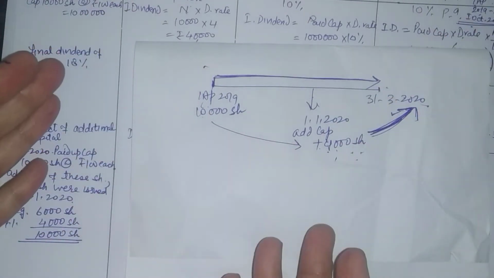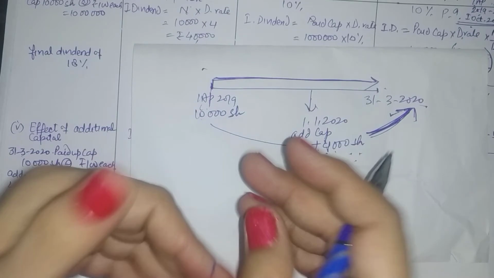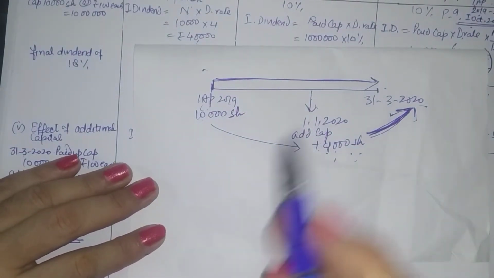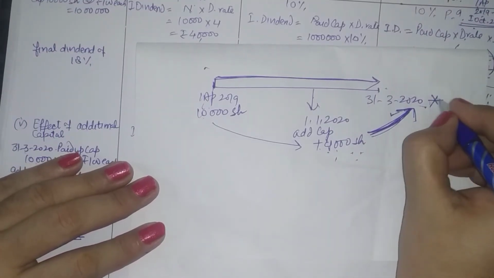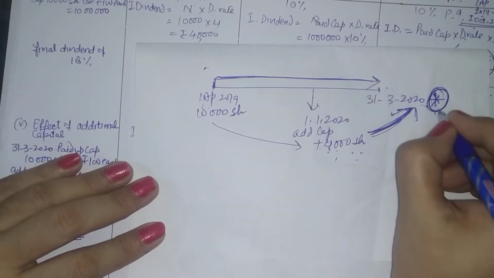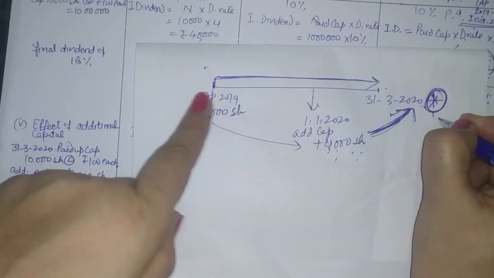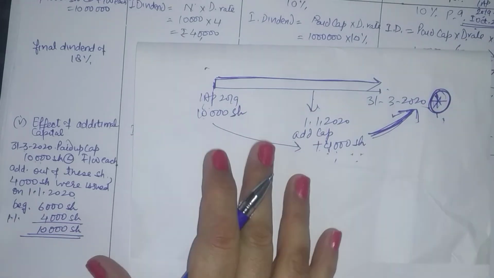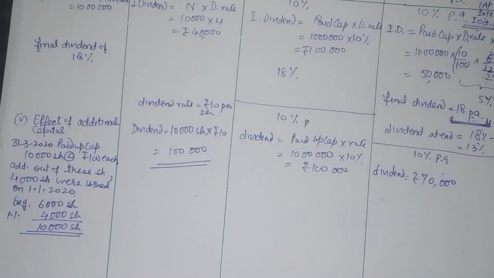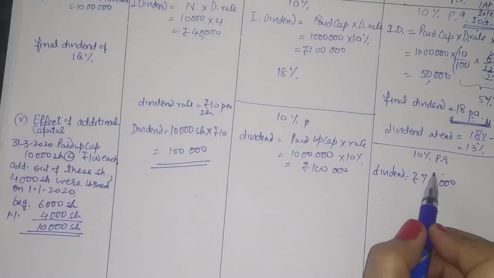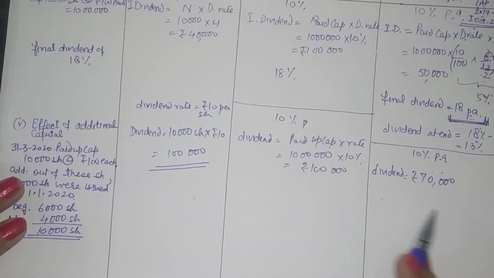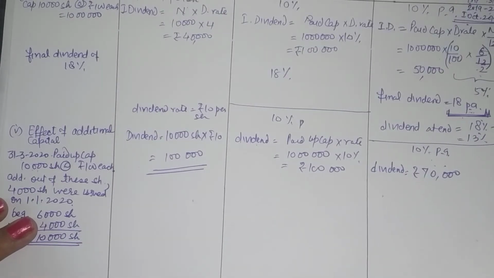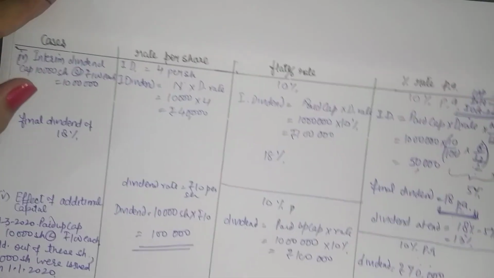So you can read the timeline either by adding the sums, adjusting the sums, or you can read the timeline by taking up individual amounts on the timeline. This is the date on which you are giving the dividend. So it has to be done on this date. So either you move like this or you move individual amount wise. It is up to you. But the point here is that when the dividend rate per annum is given, then your additional capital is going to affect the calculations. So this is all that we have regarding the dividend amount calculation.